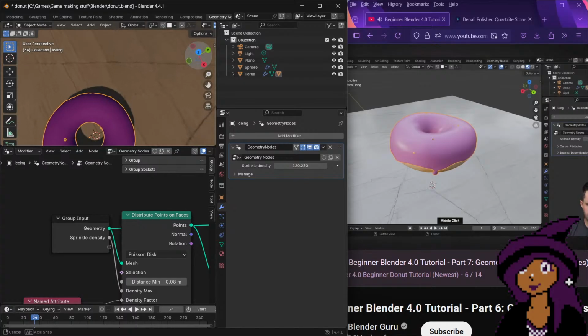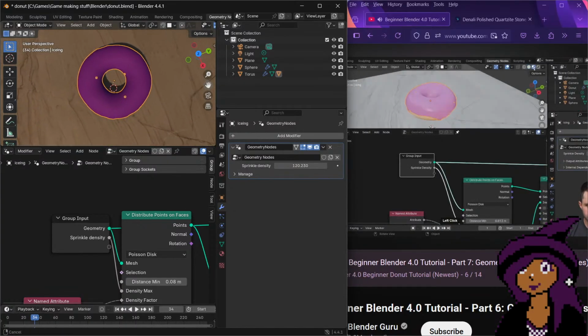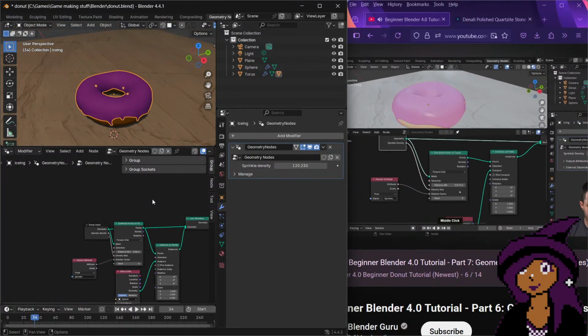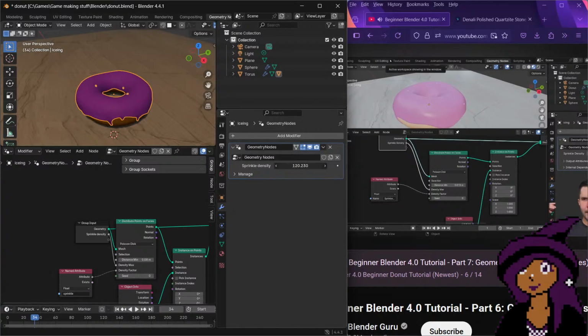And the reason for this is that, if we go to geometry nodes again, let's zoom in here and look at it with this. This sprinkle density is actually not the count of sprinkles at all. It's the density in relation to the whole scene. And the way I think of it is like,